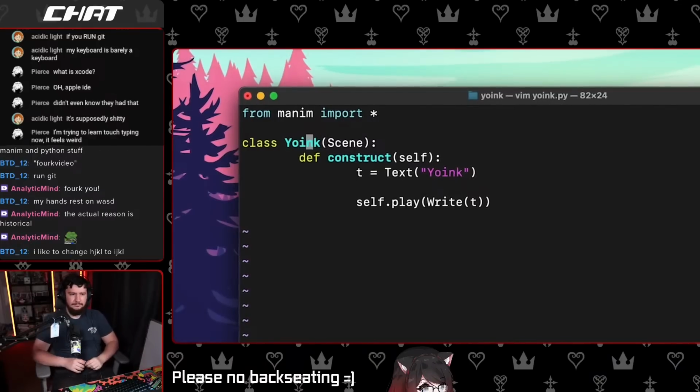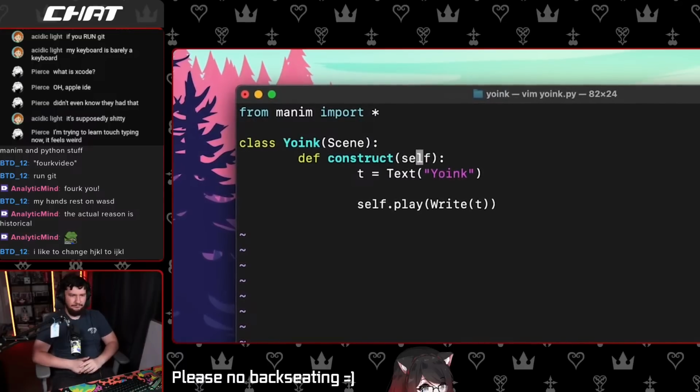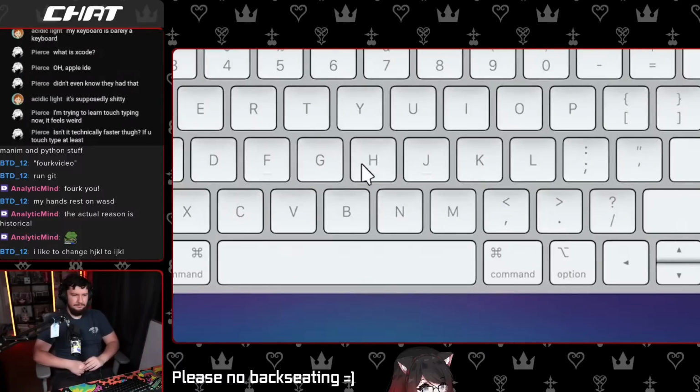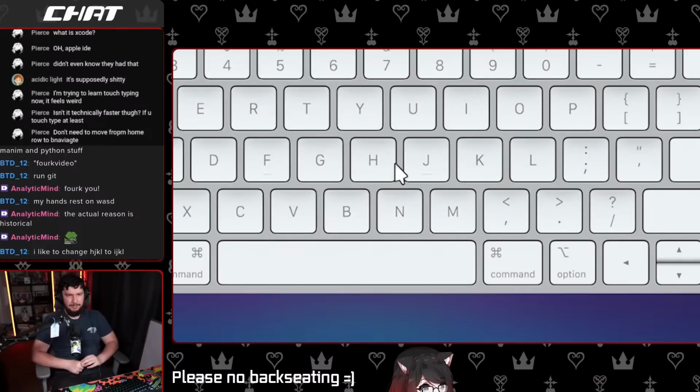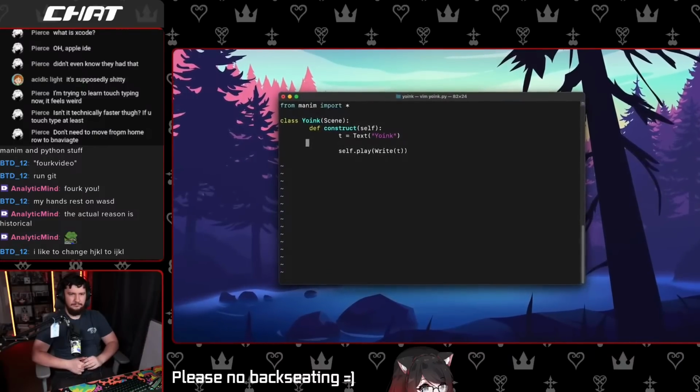But getting used to this in the beginning is super hard. It's very weird. 100% of my brain power to move here. Also, why does J go down and not up? I would have expected it to be left, up, down, right. But it's left, down, up, right. And it's insanely hard to get used to this. But if someone does get used to this, I can see how using Vim would be extremely fast.